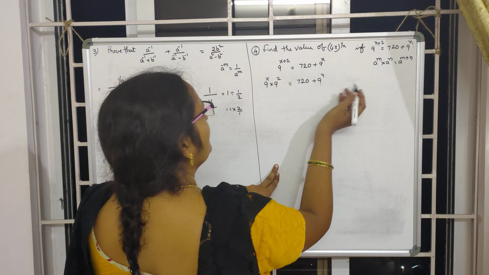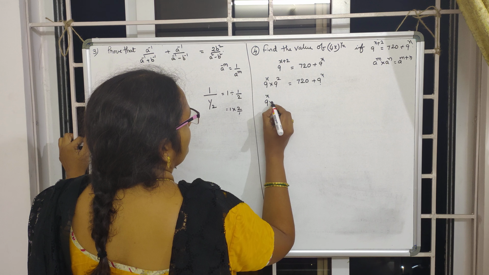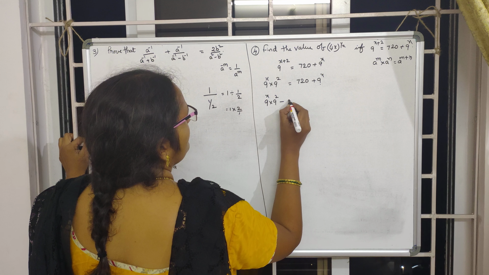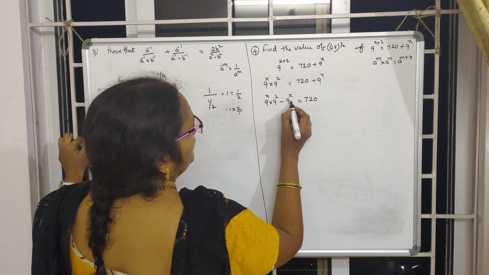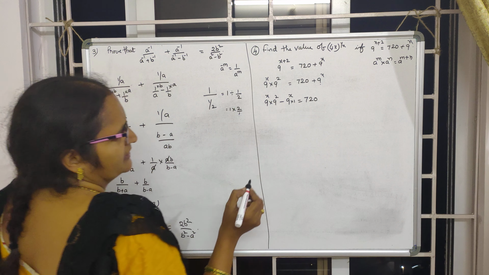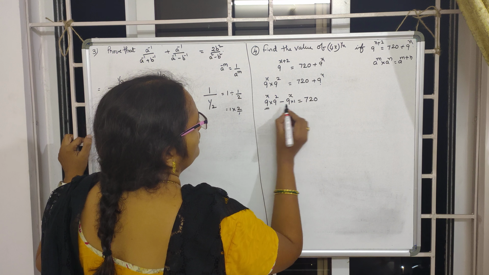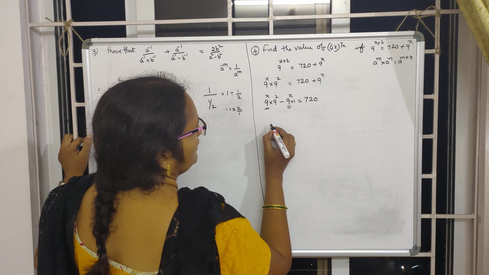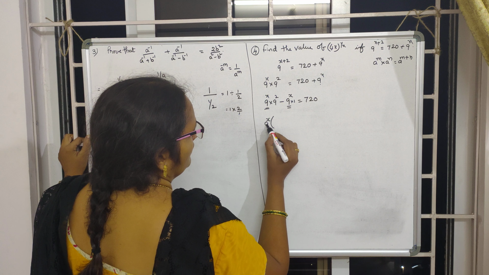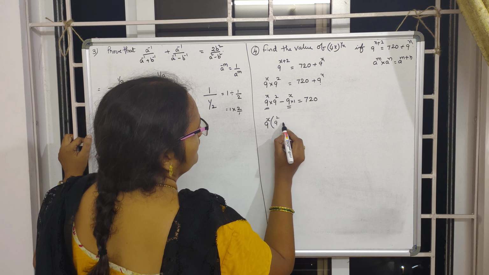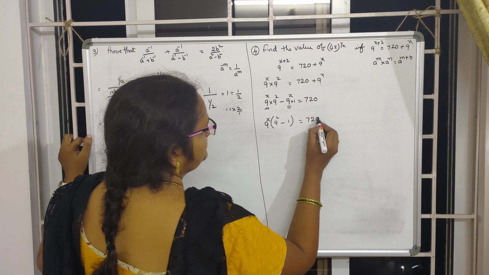I am sending this 9 to the power x towards the left hand side, then it will become 9 to the power x times 9 square minus 9 to the power x equal to 720. Now here, 9 to the power x, nothing is there means into 1 I can write. 1 into any number will give you the same number. So what am I going to do? Here also 9 to the power x is there, here also 9 to the power x is there. That 9 to the power x I am taking out common. I am left with 9 square here, minus this came out 1, equal to 720.